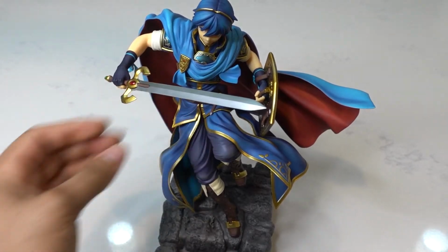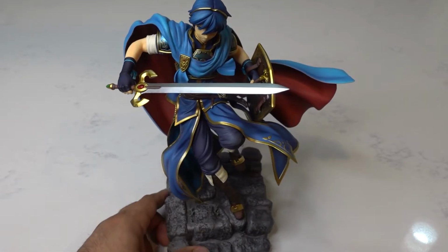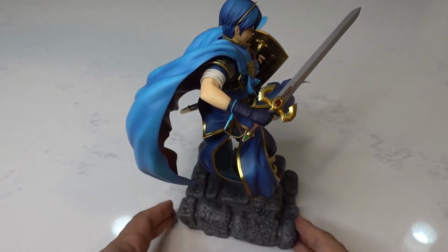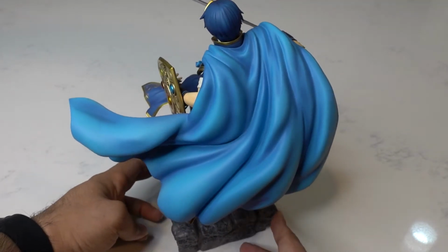Let me zoom out a little bit. But that's how the figure looks on the stand. So all in all, I think it's definitely a fantastic figure. If we go ahead and do a full 360 so you guys can see how Marth looks all the way around. Now in the base,